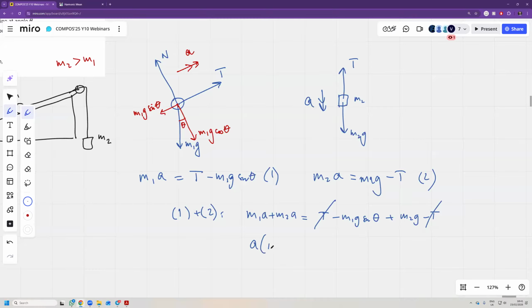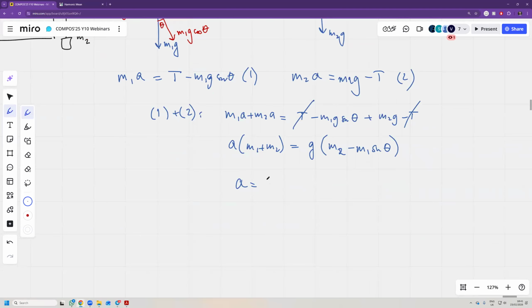And we have acceleration times (m1 plus m2) equals g, open bracket, m2 minus m1 sine theta. So acceleration is